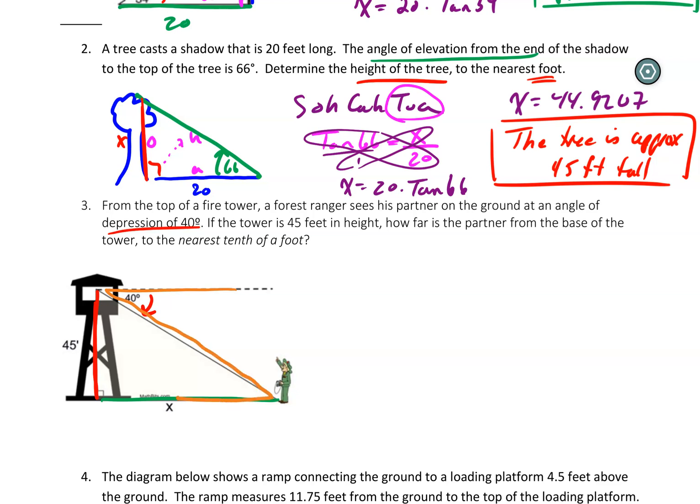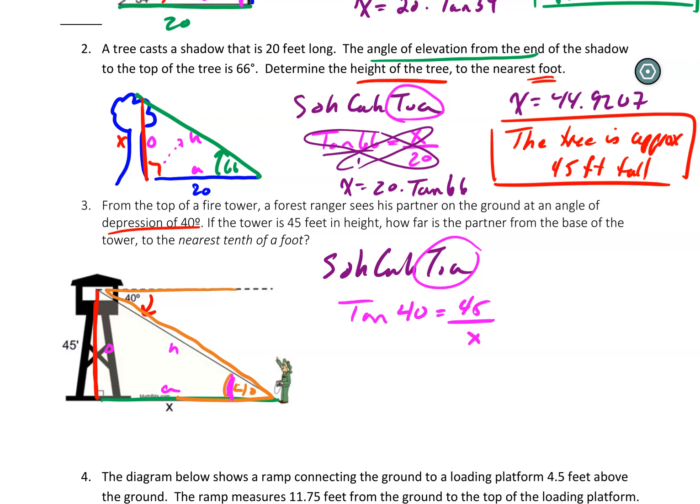Right? So if this is 40, that means this one's also 40. So now I can say with respect to this angle here, this is my opposite side. Across from the 90 is my hypotenuse. Third side's adjacent. So now I can say, okay, using SOH CAH TOA, which one do I want to use? This one also happens to be tangent, opposite, and adjacent. So tangent of 40 is now going to equal